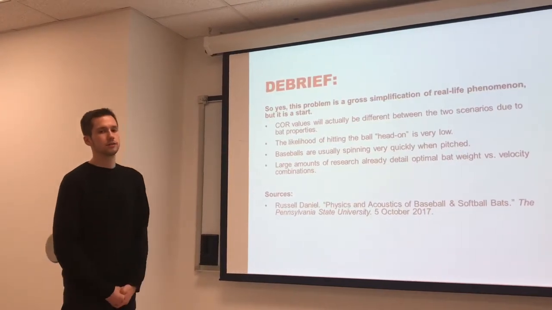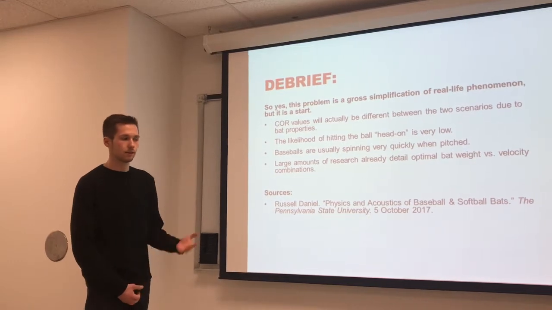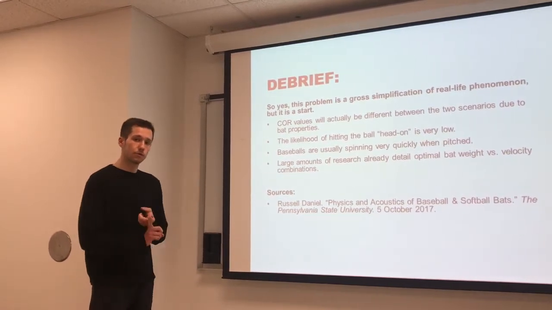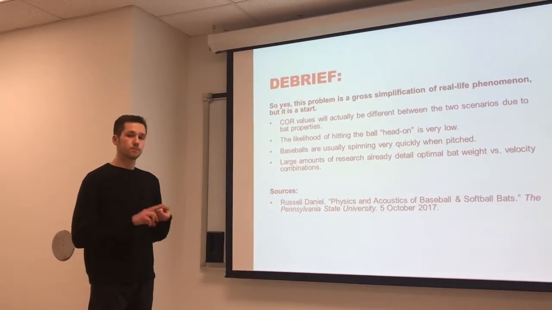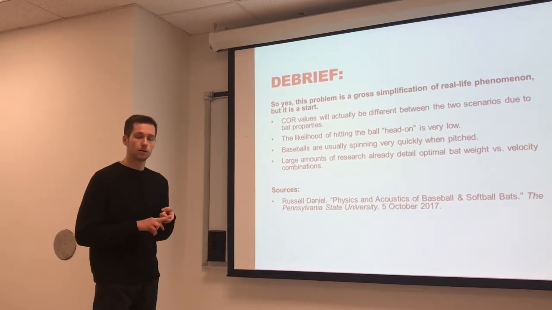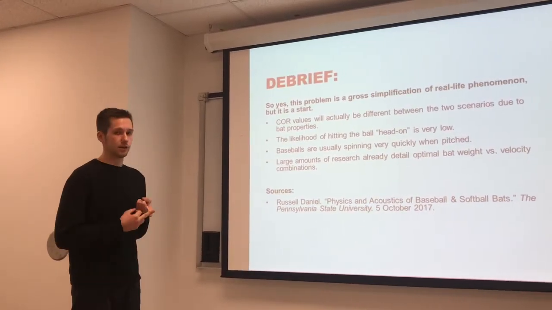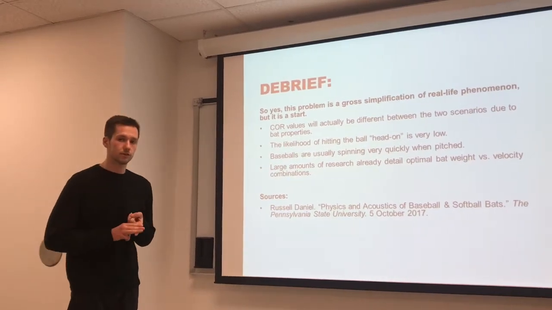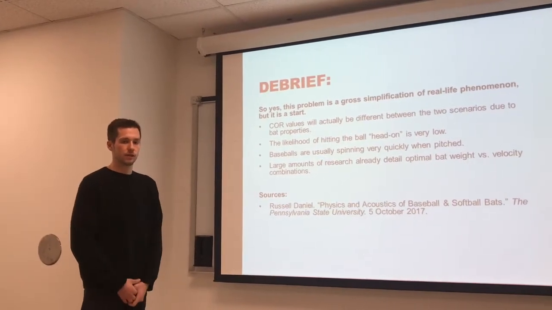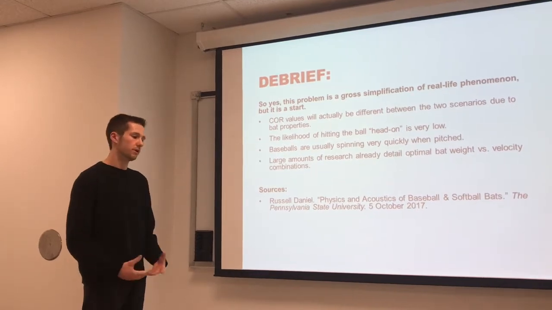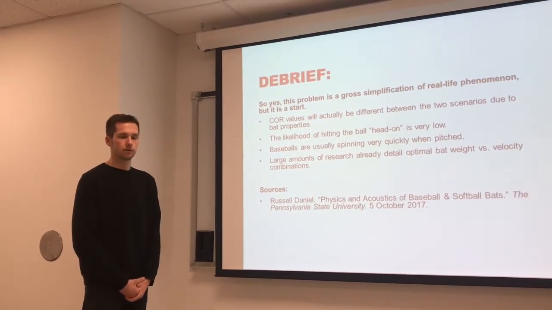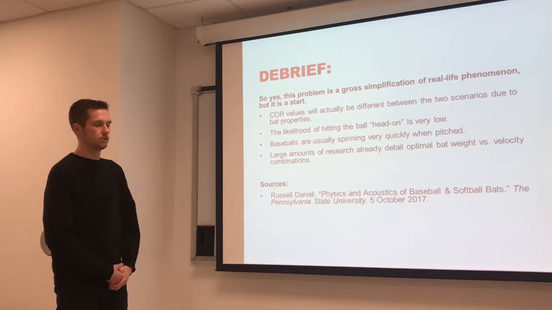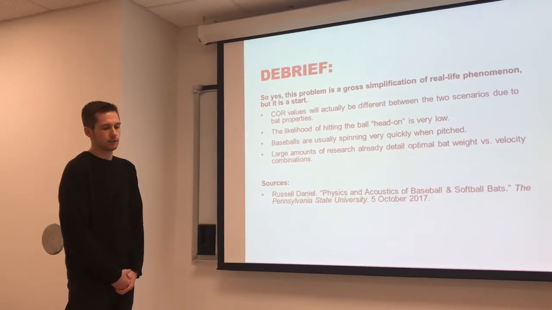In real life, the situation is not going to be anything like it is in the project. Things like the coefficient of restitution, different angles of the ball and the bat colliding with i, j, and k components, and the rotational energy of the ball are going to completely change the actual dynamics of the situation. But for simplicity's sake, we made everything a lot easier. And lots of research has already been done on this topic, so we're not really discovering anything